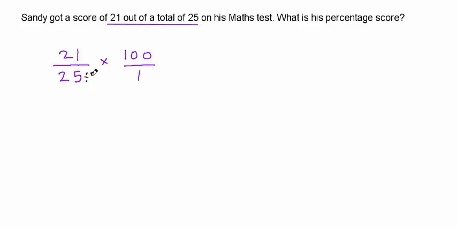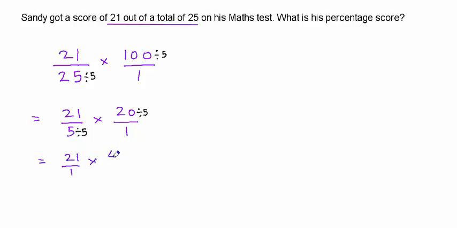Divide 25 by 5 and 100 by 5. So we have 21 over 5 times 20 over 1. That can still be simplified. Divide 5 by 5 and 20 by 5. So this is equal to 21 over 1 times 4 over 1, which is 21 times 4 over 1 times 1, and that is equal to